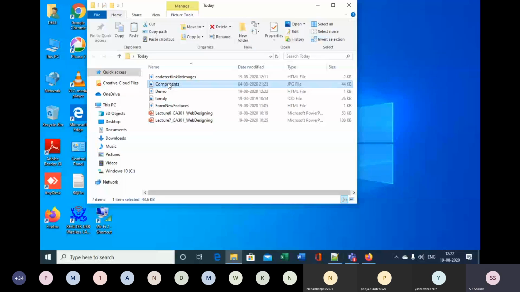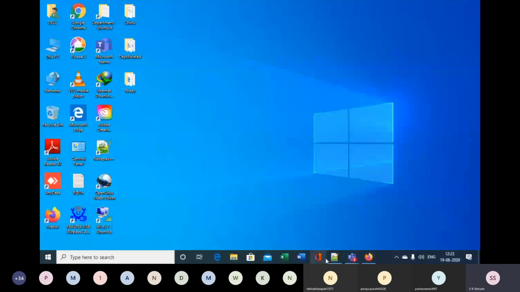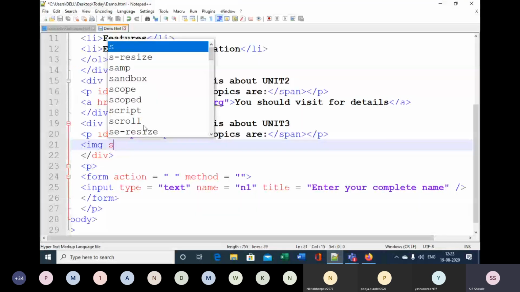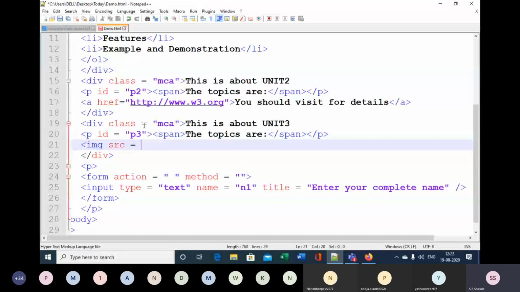So this is a JPG file, and I am simply giving it the name c, and then just insert it here. Here I will insert img src is equal to c.jpg. So this will be the relative URL.